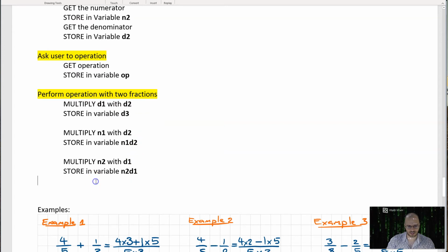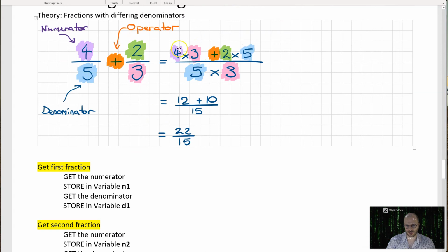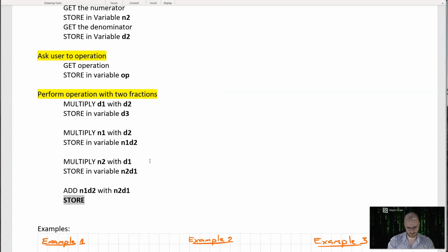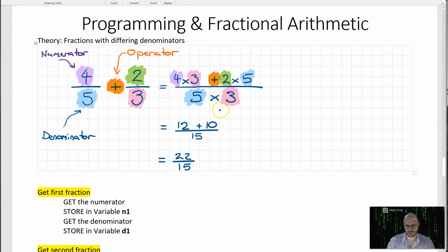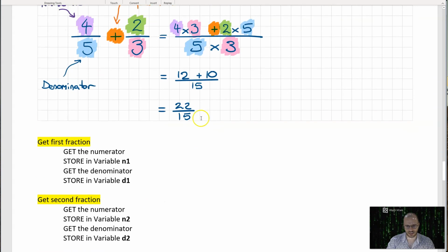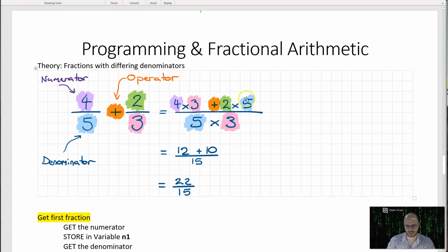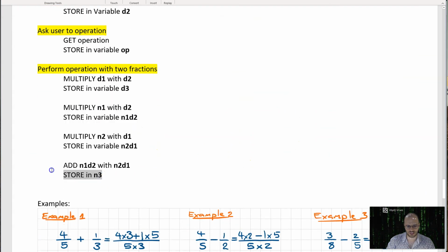Okay, and then finally we've got the product of 4 and 3 and the product of 2 and 5. We need to add them together. So we need to go add n1d2 with n2d1, like so. And then we're going to store that in, and we'll call it n3. So we've got d3 over here, which is the denominator up here, and then we've got n3, which is now the numerator, which will become this guy here. So we're adding. So in these parts here, we're doing this top operation here, and over here, we're doing this